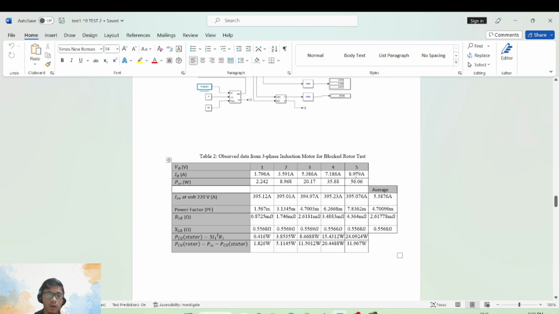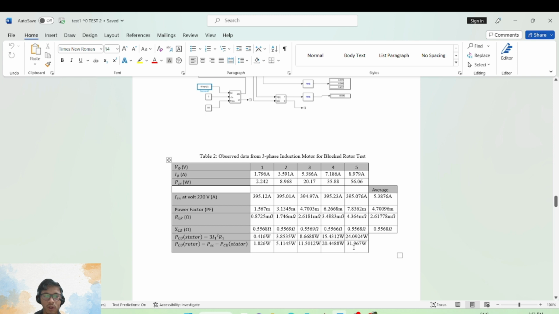We get for the current is 8.979 ampere, and for the PSC we get 56.06, and for the ISN at voltage 220 volt we get 35.076 ampere, and for the power factor we get 7.8362 milli, and for the RLR we get 4.364 milliohm, and for the SLR we get 0.5568 ohm, and for the PCU stator we get